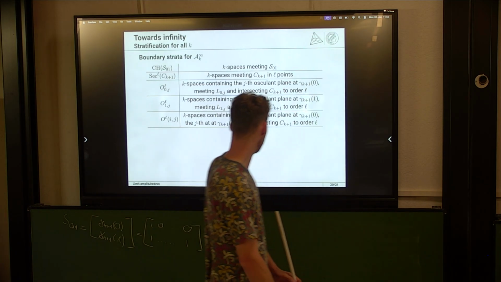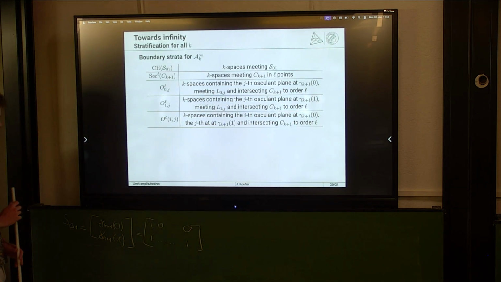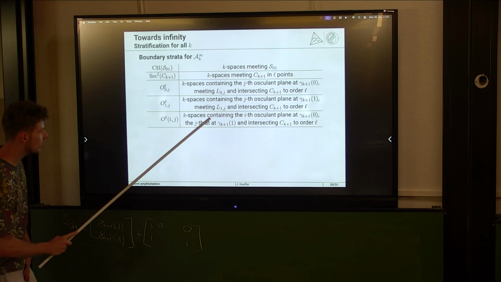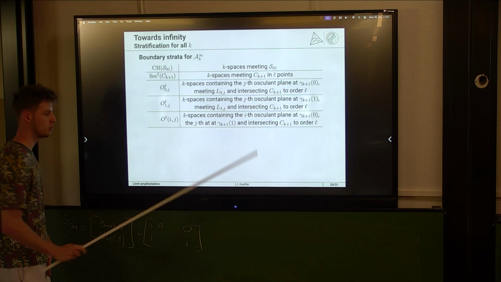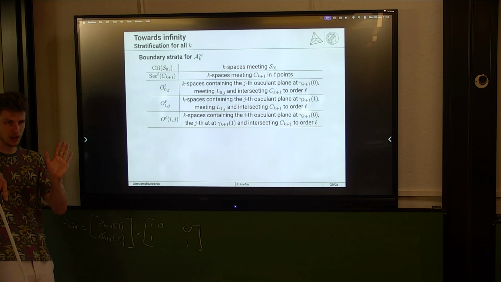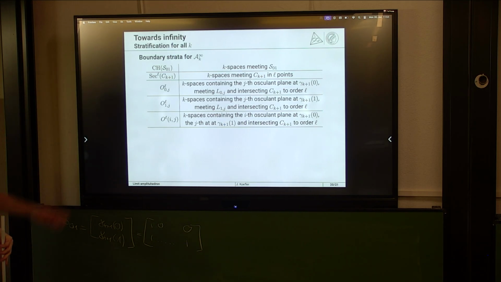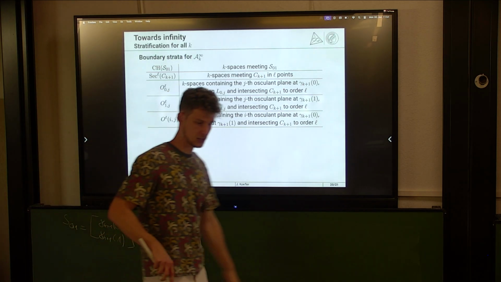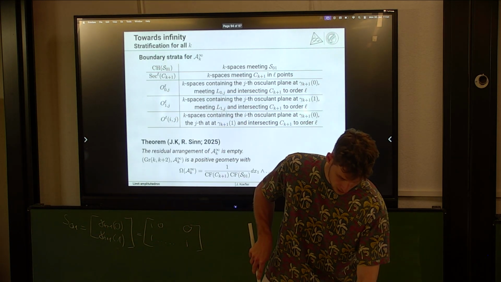So, let's not go through all of this. I've never intended to do so. This is just that I've shown you how to do this for k equals 2, basically. For any k, you've already seen all the ingredients. You just need to combinatorially organize how to structure the computations. In general, osculant planes are going to appear, that is, taking higher derivatives at some point and looking at the span of these higher derivatives. But you can organize them as such, basically,